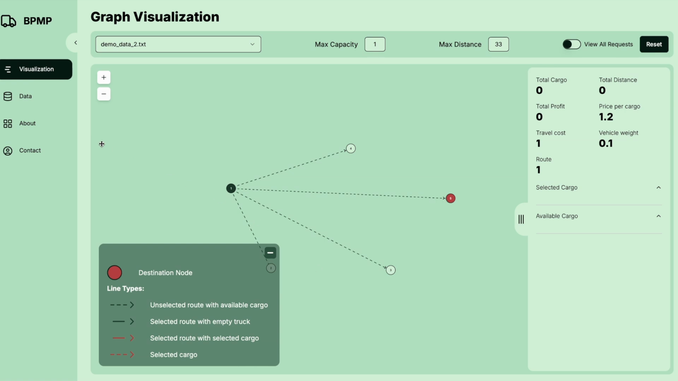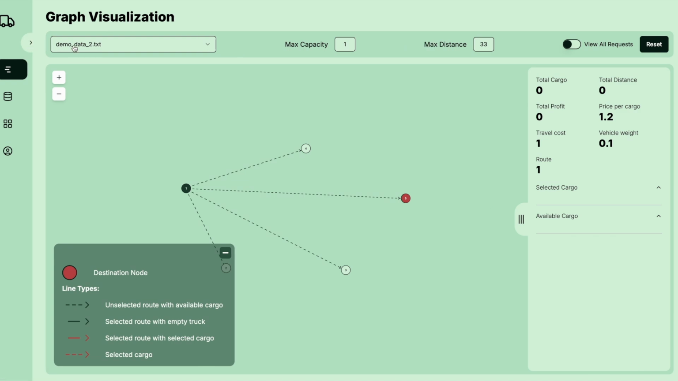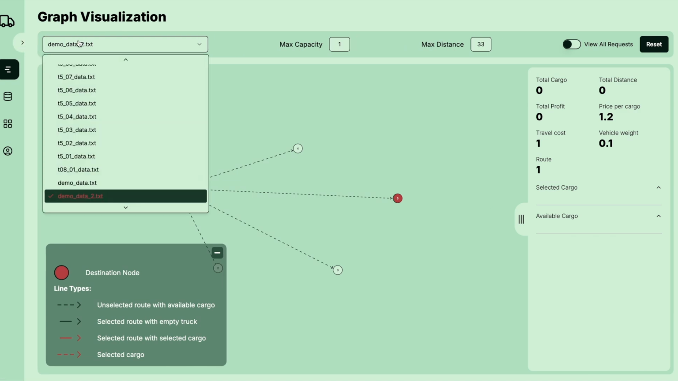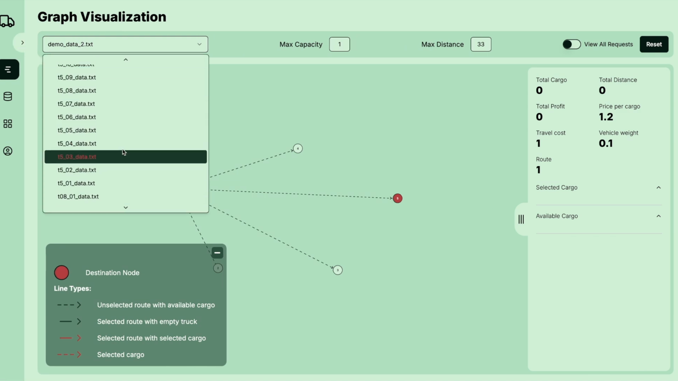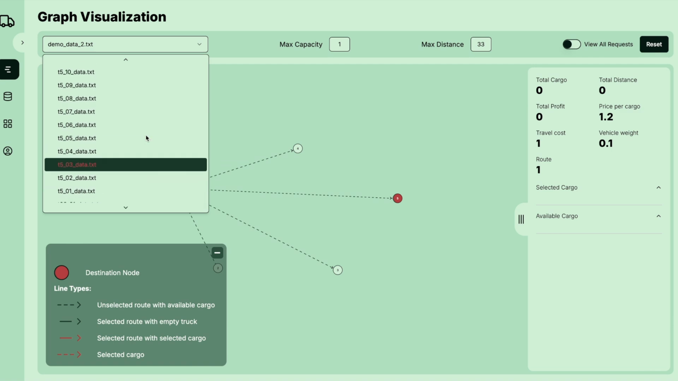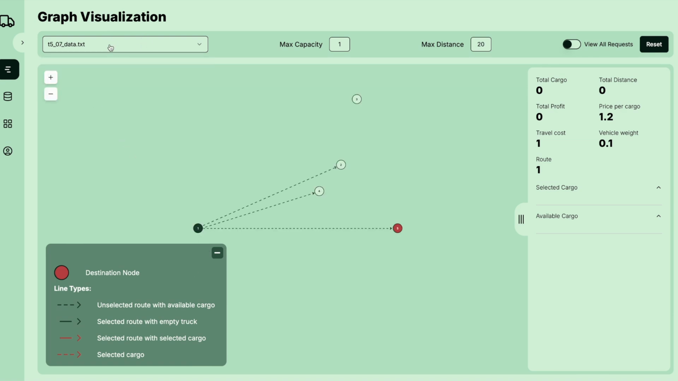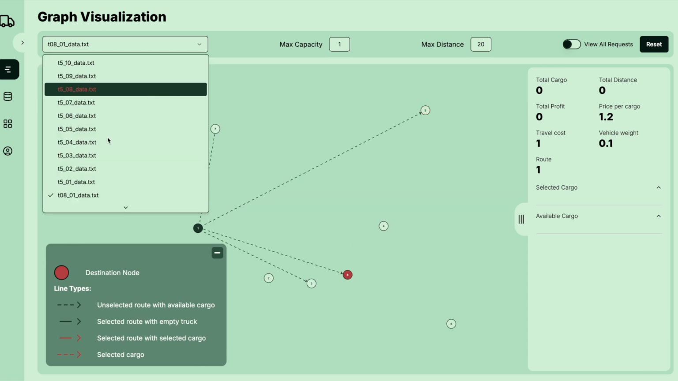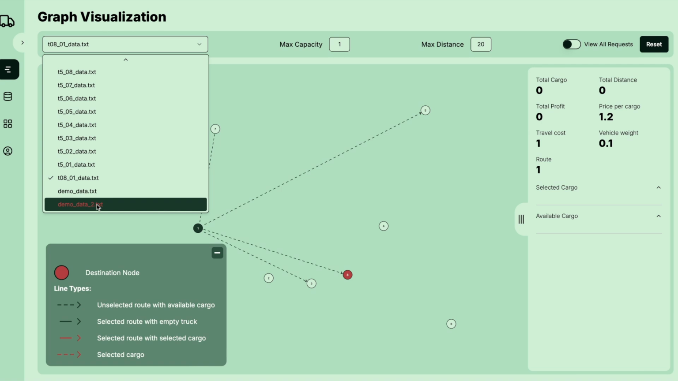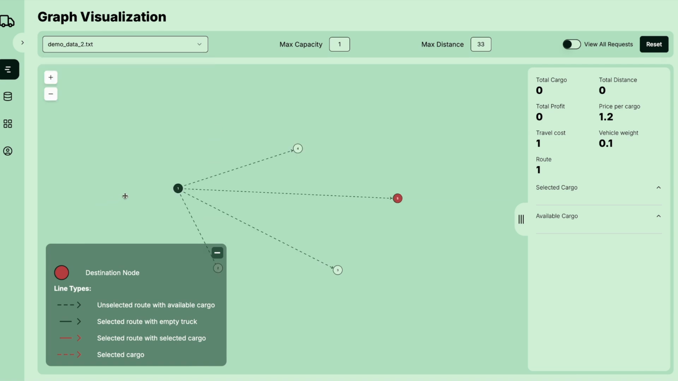First, we'll dive into the visualization type, where you can select a data set that contains pickup and drop off cargo requests. We have multiple data sets that you can play around with, ranging from 5 to 8 nodes for now. You can see here this one is A, and for this video, I'm going to use the demo data too. You can also see the maximum capacity that the vehicle can carry and the maximum distance that the route